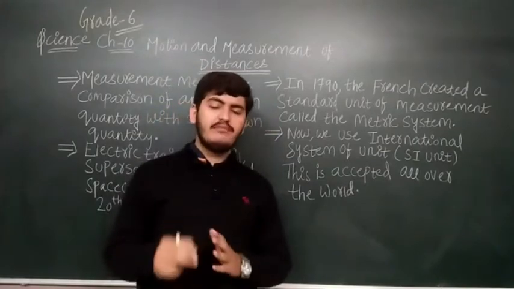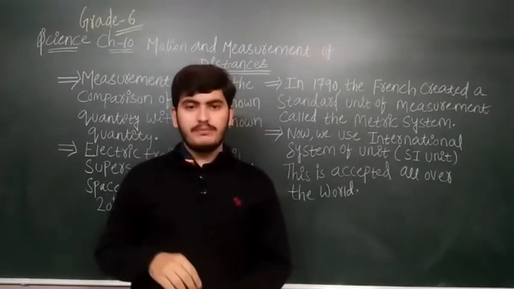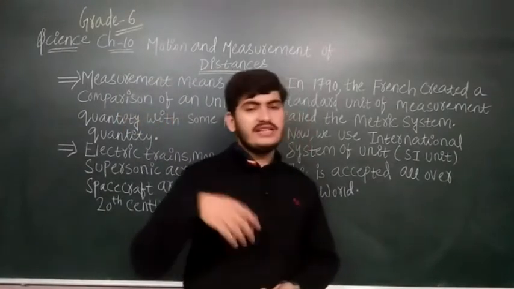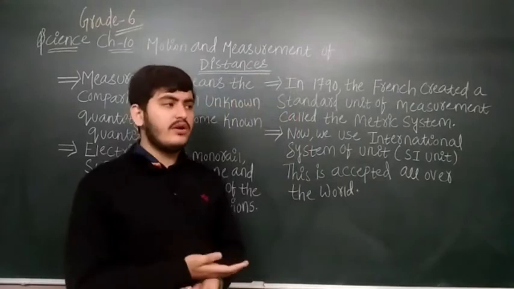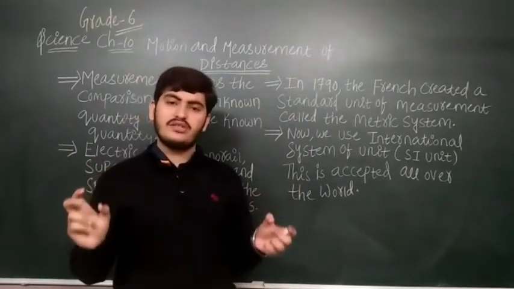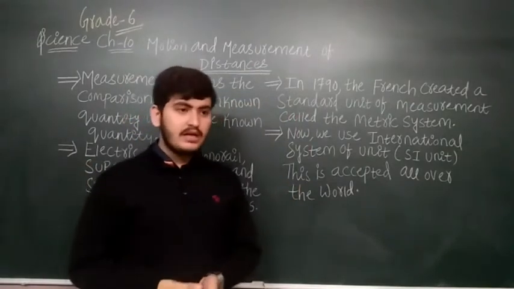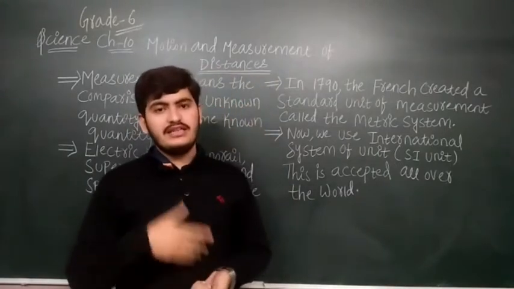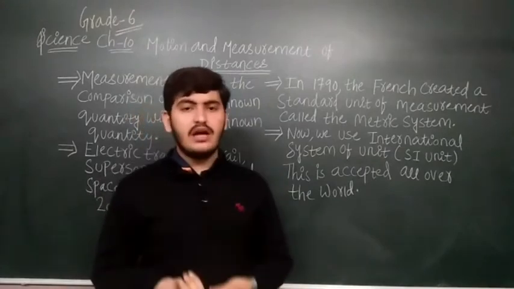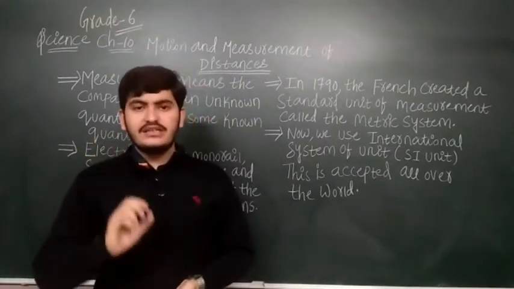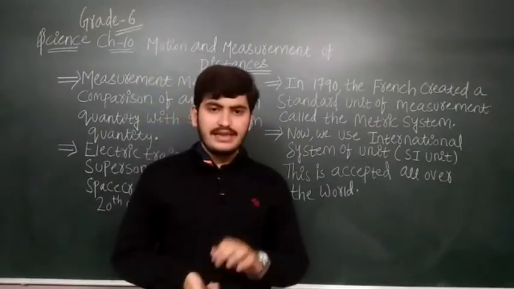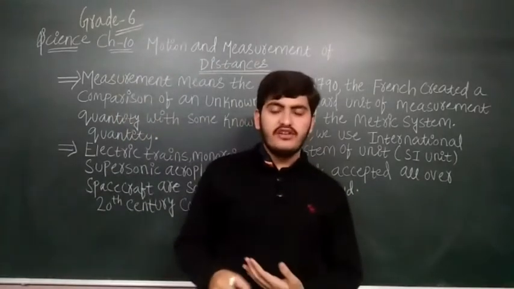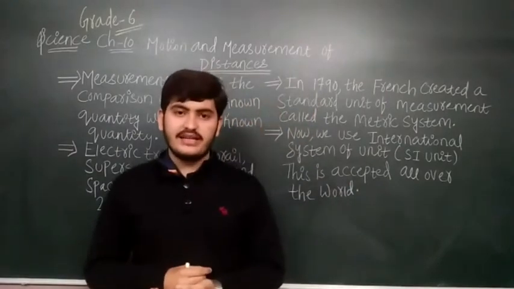How could they measure the distance between two places, or the quantity of anything they were purchasing? And if they were selling something, how could they sell it without a system to measure things properly? As I have explained many times in all the videos, they used their body parts like fingers, thumb, and foot to measure distances. You have also seen, when you go to the market with your parents and they purchase raw cloth, the